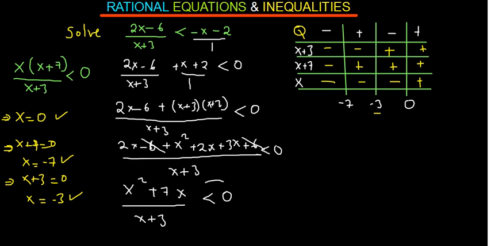But for this inequality, we are interested in where the function is less than 0, and less than 0 means negative. So it is from here going in this direction, and then from here up to here. So meaning that the solution set